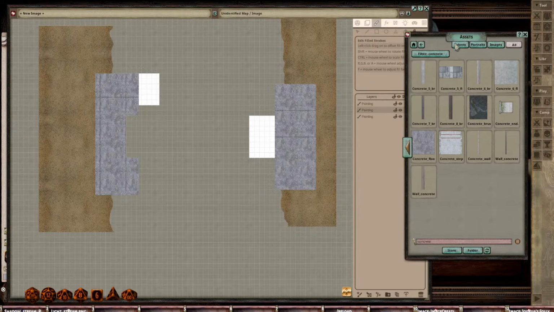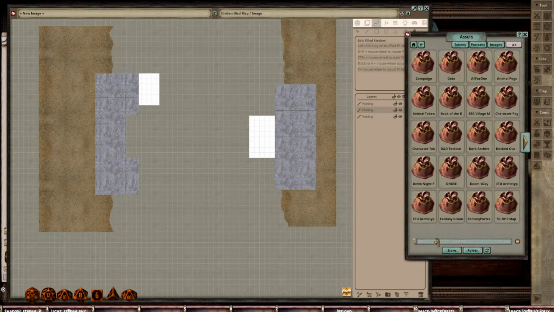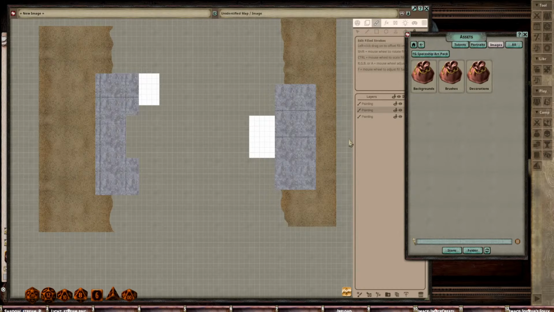So let's go over now. We can do the same thing, right? We can do metal fill. And if we don't have anything like that, I do know that we do have some. They might be not as fills, but as tiles or some sort of other element here. But I'm going to go into, let's see, the spaceship art pack. We have some,